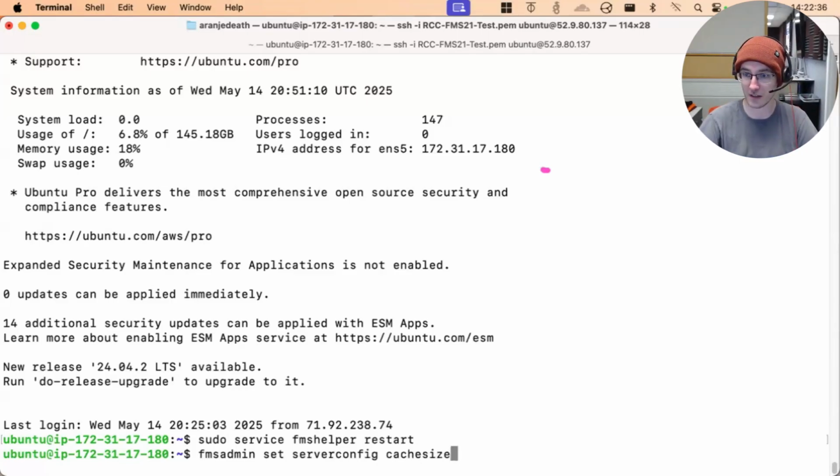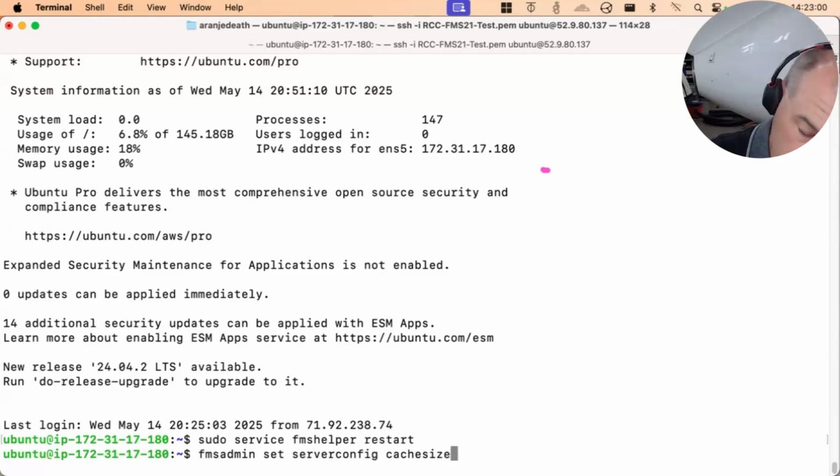This server has 8 gigs of RAM. Historically, our rule of thumb is take a gig off, so it'd be 7 divided by 2, 3.5. That may be high given some other changes in the product recently. But if you have a file that's that big, do it. It can be smaller though.